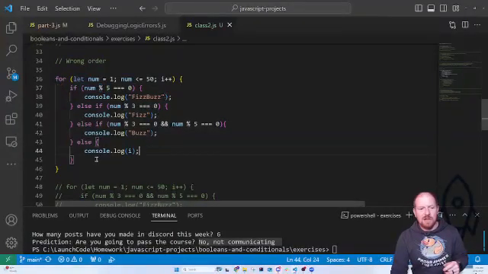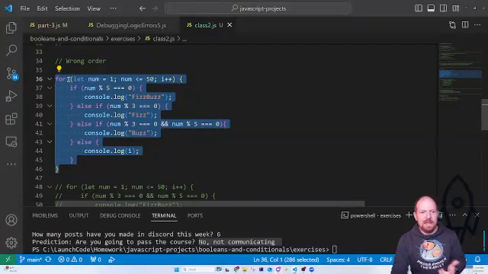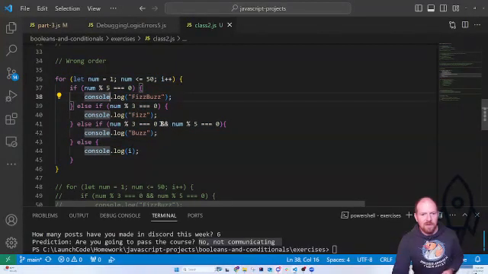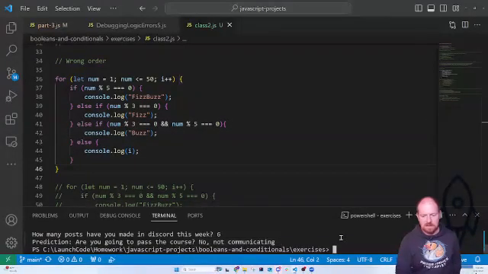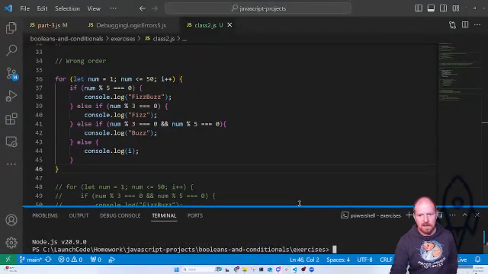The other thing I wanted to show is the order of these Booleans, these conditionals. I'm going to evaluate 5, I'm going to evaluate 3, and then if it's neither of those, I'm going to see if it's 5 and 3. So when I run this, and then pull this up,